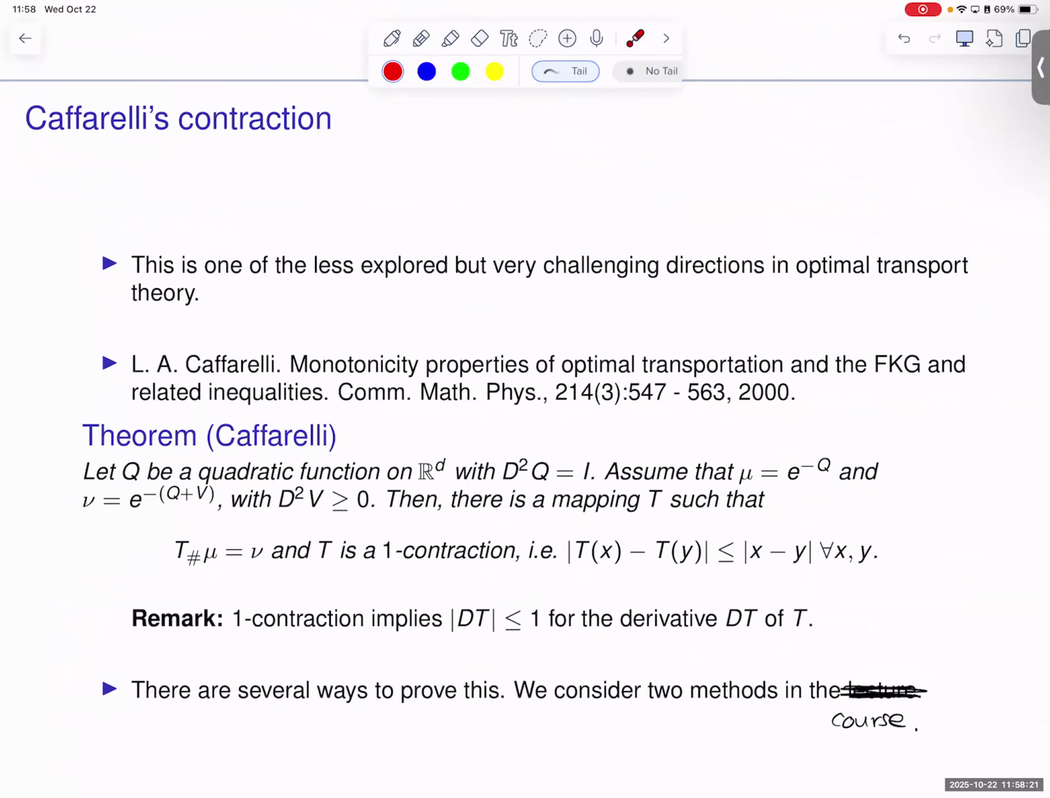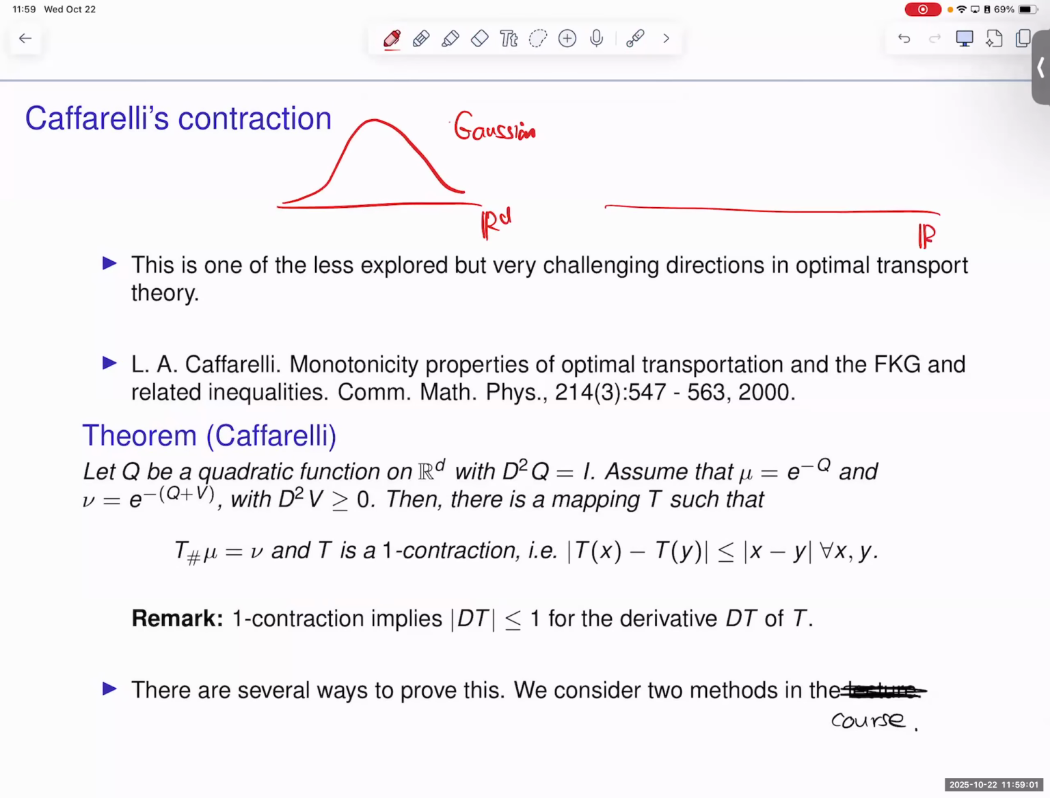It is from a paper about 25 years ago by Luis Caffarelli. Also, people are considering extensions of this result recently. It's still a hot topic in research in optimal transport. But what is the basic theorem? It says the following: consider on R^d a Gaussian,